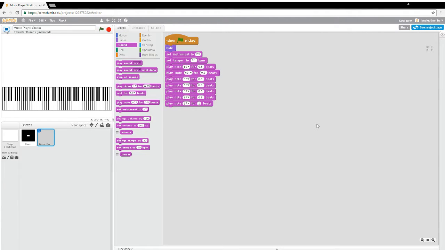And that's just me double clicking. When you double click on something, it goes ahead and runs it. So there you go. You've got Twinkle Twinkle Little Star. That's the melody for Twinkle Twinkle Little Star, just the first few beats of it. Now,